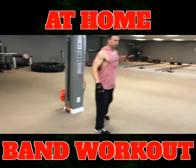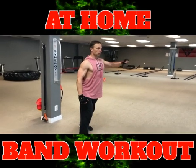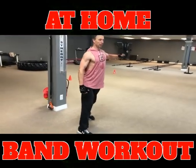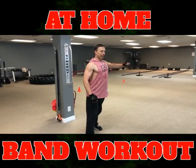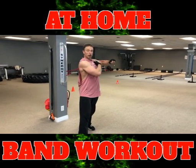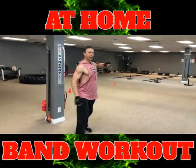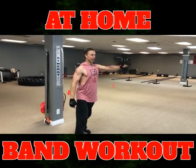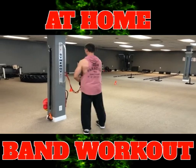And again, I'm going to go about 10 reps. Make sure to exhale as you push forward. Want to keep good control on it. And want to keep this here, when you come back, about 90 degrees up at the shoulder and about 90 degrees at the elbow. Again, exhaling as you come forward. All right, so after those,